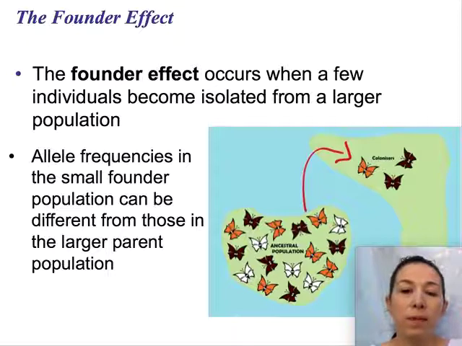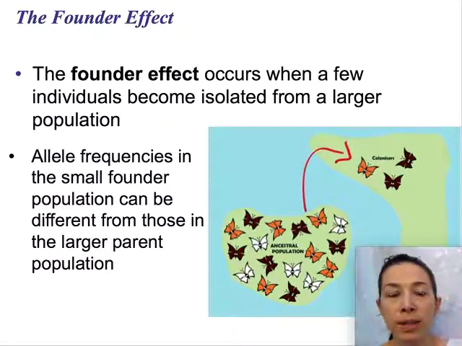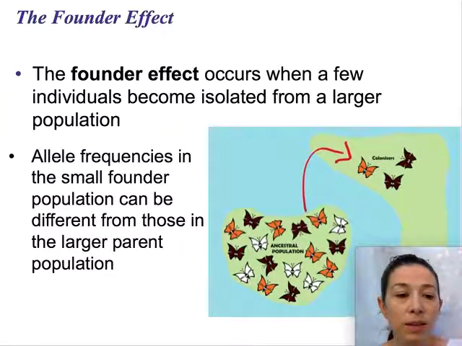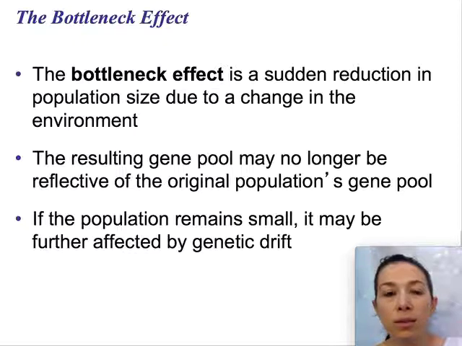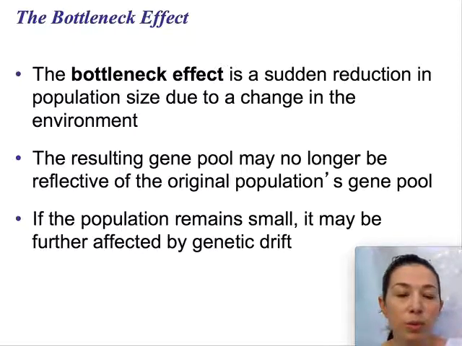So if the few founders happen to have a few traits that aren't advantageous to life, the entire new population is going to be negatively impacted because they had to undergo that founder effect. A bottleneck effect is very similar to a founder effect. A founder effect is really the movement of individuals. A bottleneck effect might be because of some other catastrophe, for example, a flood or